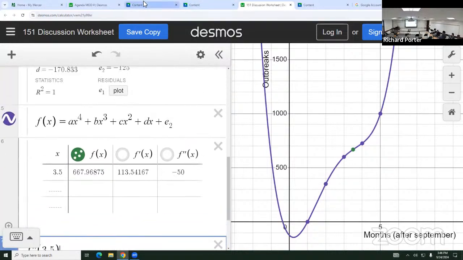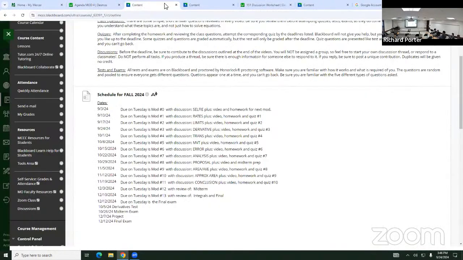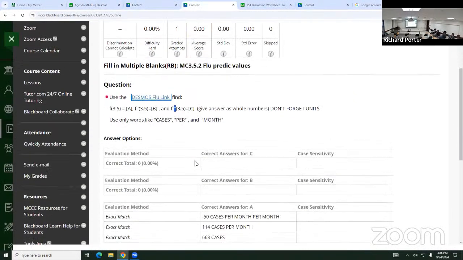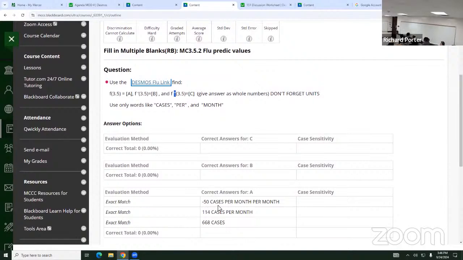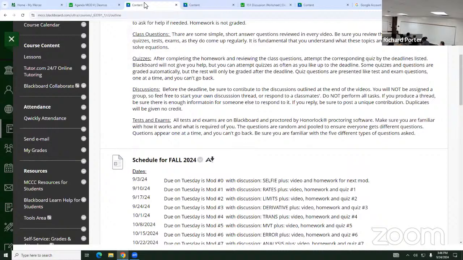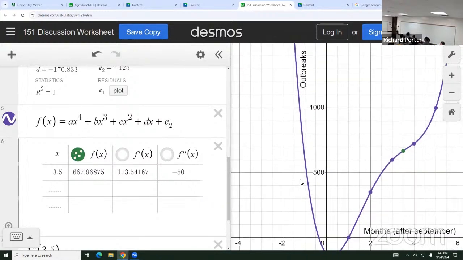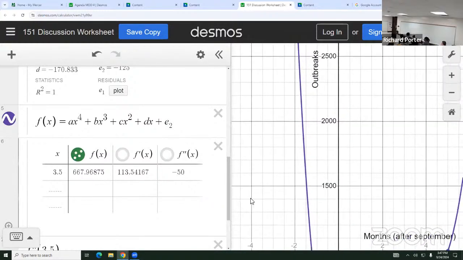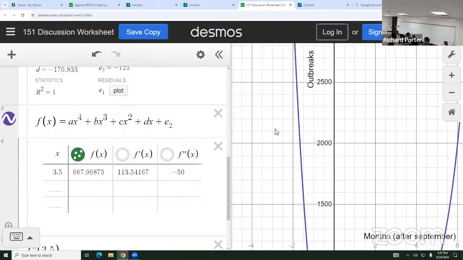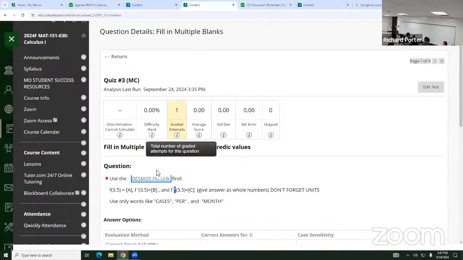I think that's all we have to do for this problem. Oh, where'd it go? Oh, it's here. So the answer is minus 50. Oh, it needs units. Okay, so back to the problem, which is here. You have to look at that. See, so it's months and it's outbreaks. Oh, really? It does, but then the problem says to use cases per month. So it would be